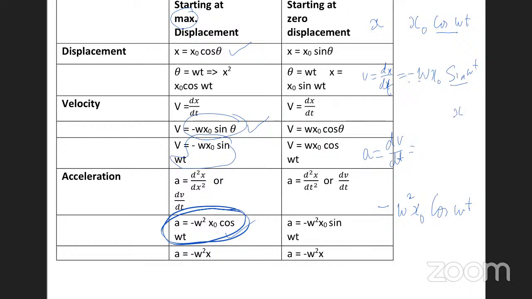So to go from displacement to velocity to acceleration, we differentiate. They kind of expect you to know how to differentiate. But for now, if you can't, you can just learn it off. But you'll have to learn all 6 versions, for when the equation is x equals x naught cos omega t, and when it's x equals x naught sine omega t. So those are the equations. That is the introduction to simple harmonic motion. Next day we start back from right here, and we'll go into some calculations that involve